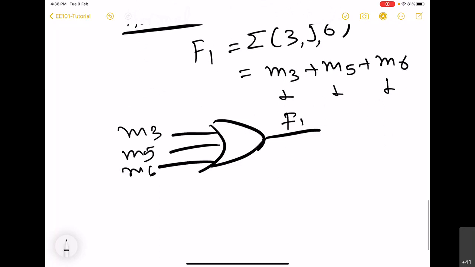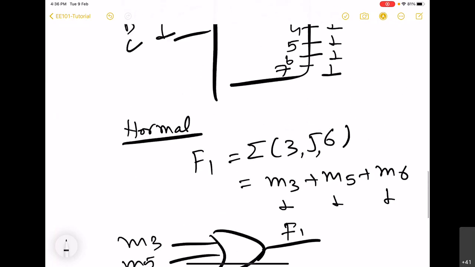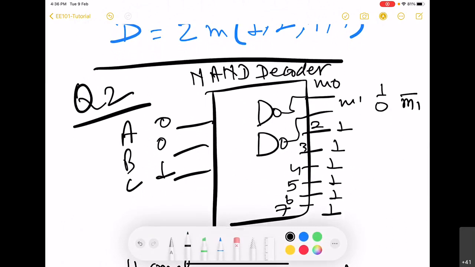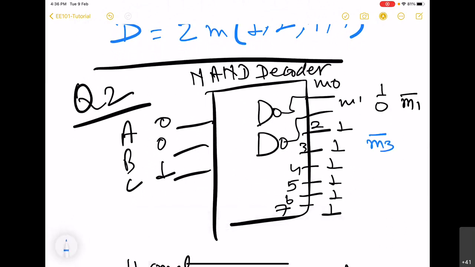But in the NAND decoder, we are not getting M1, rather we are getting M1 bar. So what we are getting here is M3 bar, M5 bar, and M6 bar. In fact, all are there.